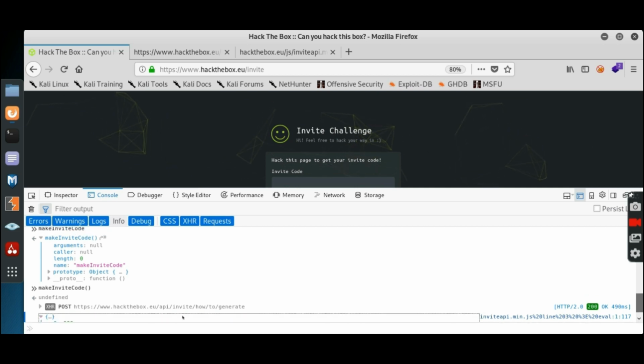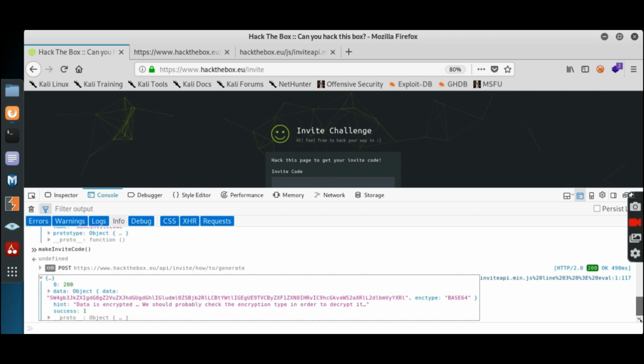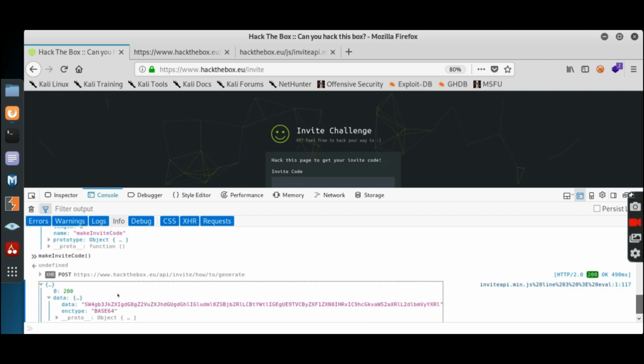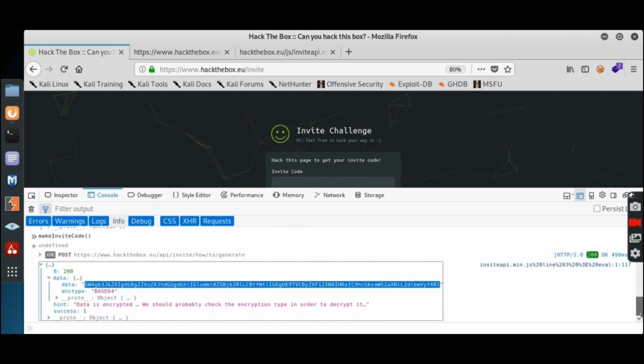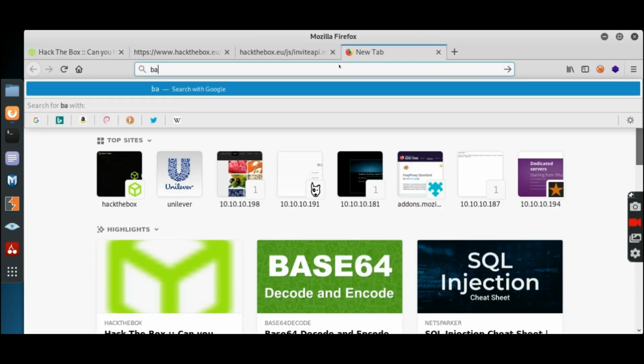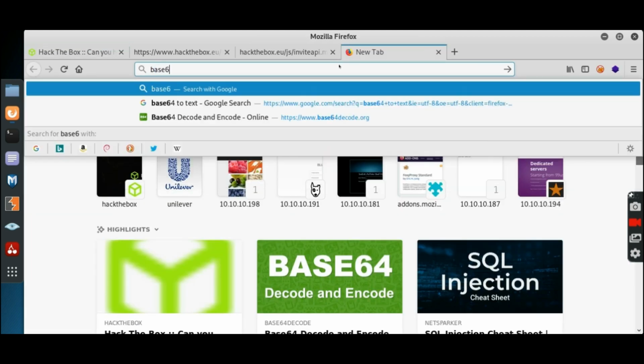Expand the object. Yeah, they have given some data and it's encrypted in base64. Copy that data and change it from base64 to text.